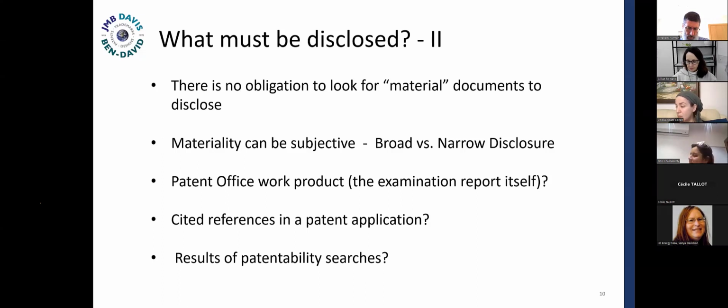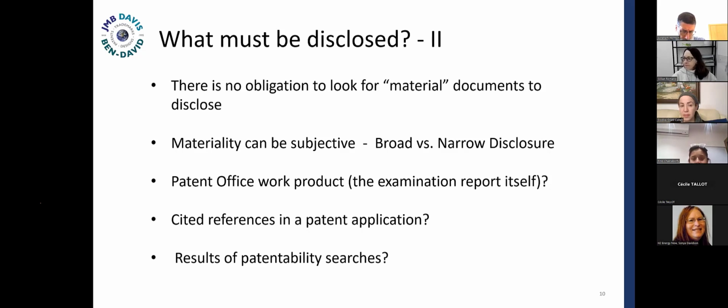There's broad disclosure, meaning you're going to list every single thing that you know about the application or about the invention or about the subject to the USPTO. Or there's maybe a more narrow, more measured approach, which is things which are cited against you, things which come up in formal analyses which are done, and other things which your inventor might think are important.